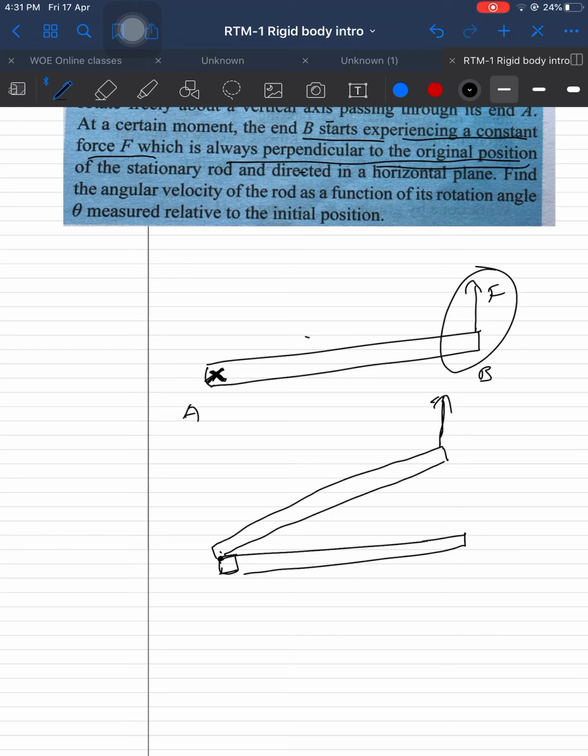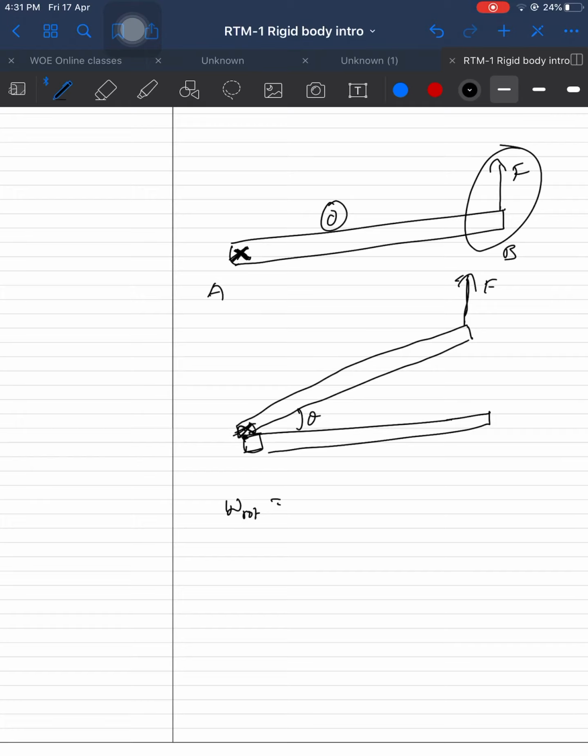To get the work done in rotational motion, the rod is not translating, it is only doing rotational motion. So integral tau d theta. Tau is equal to... Don't write F into L, integral d theta is theta, so F into L into theta. If you write like this, it is completely wrong. Why? Because at any time the body is rotating, don't keep it in its original position only.